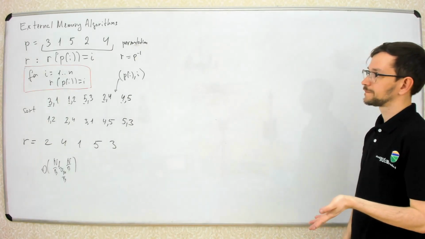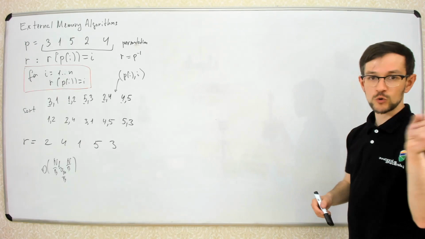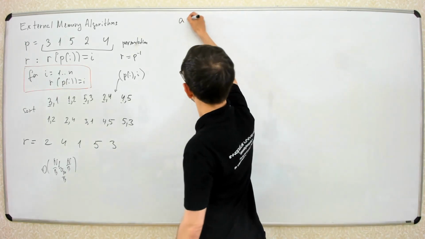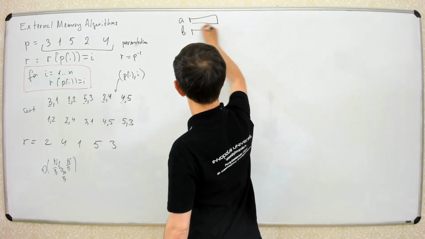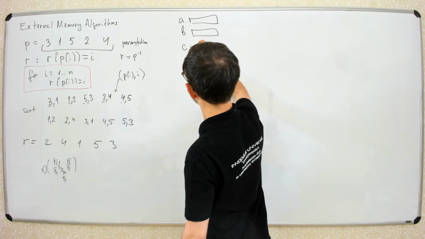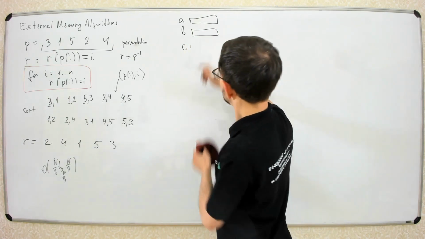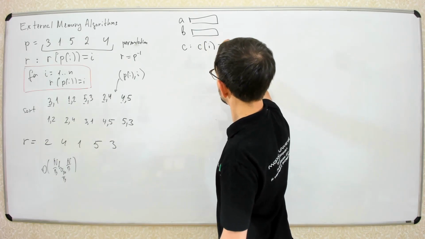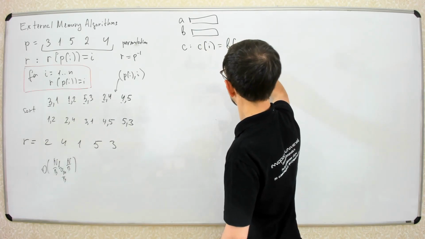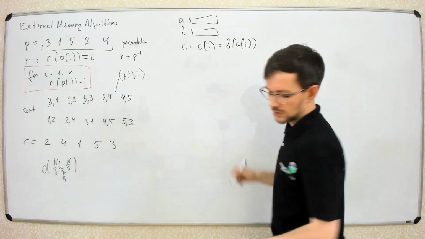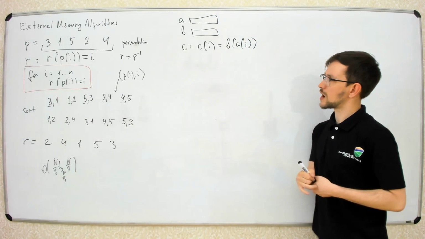Yep. Second one. You have two arrays, array A and array B. And I want to build array C such that C of i is just, let's say, B of A of i. So I kind of make